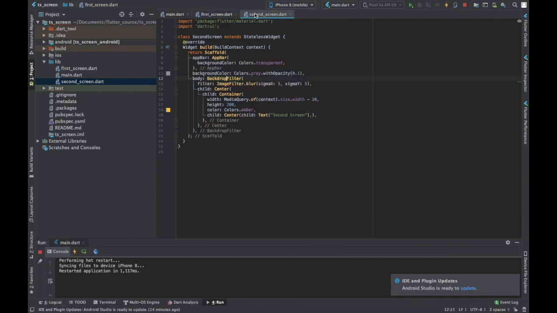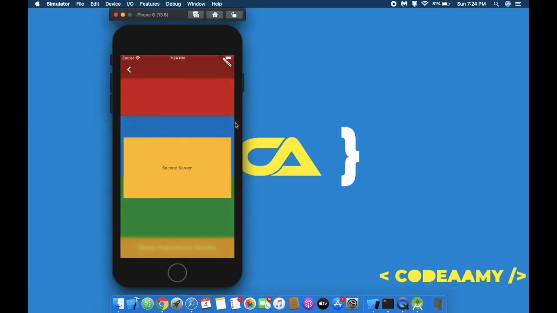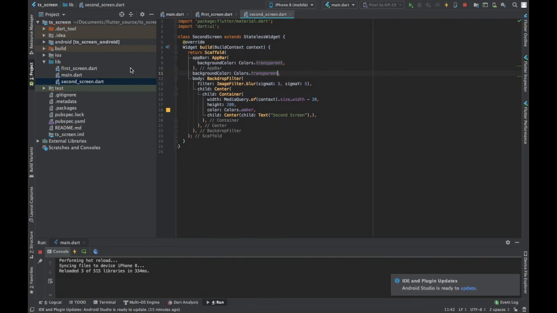So you can use this screen completely as you want, and you can also make it transparent. If you want, save or reload, now it's completely transparent. Sorry, it is translucent right now. If you want a completely transparent screen where you can see through, or to create a normal popup, all you have to do is remove the backdrop filter and image filter. I'll show you how we can do that.